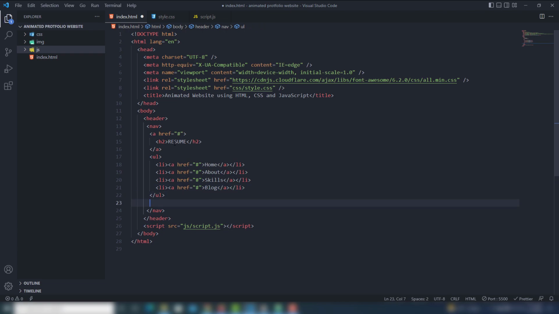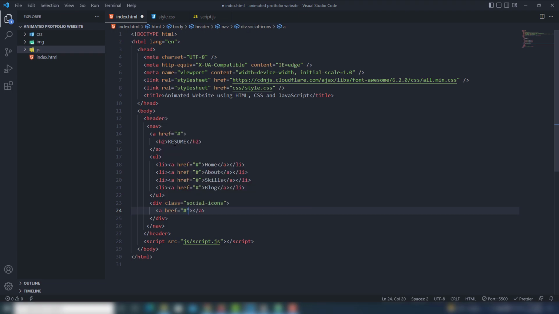So after the closing ul tag I'm going to create a div, assign the class social icons. Inside there I'm going to use an anchor link.